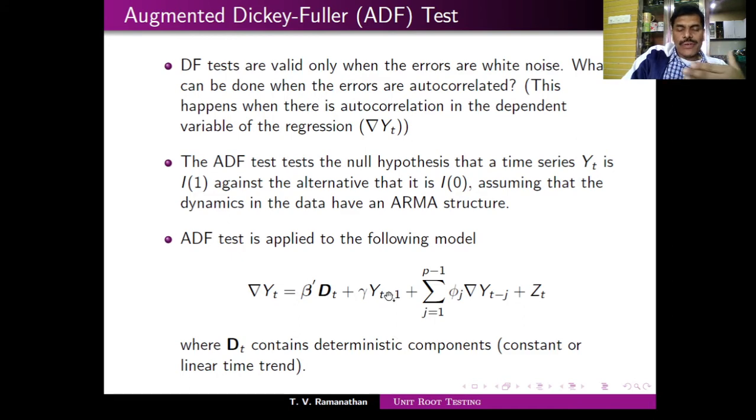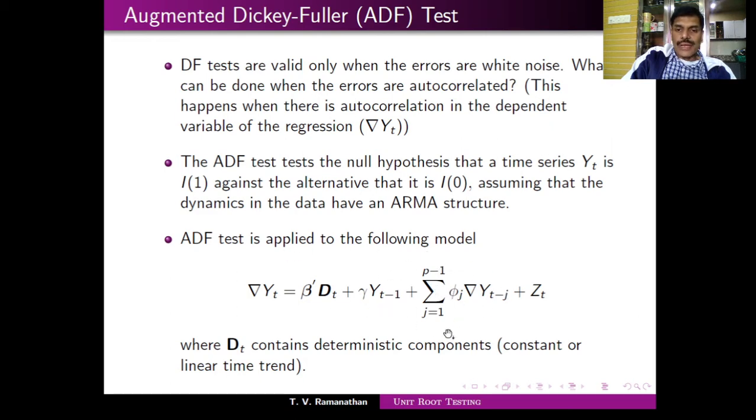So from Dickey-Fuller to augmented Dickey-Fuller, the reason is that this is of course there in the earlier test also, even though we did not write it in the beginning, but we said that you can have such terms at the end. So that's not a difference. What is the difference is these terms. You are augmenting the model with more differences. Now, how many differences are you adding? You may add p differences, 1 to p minus 1 differences.